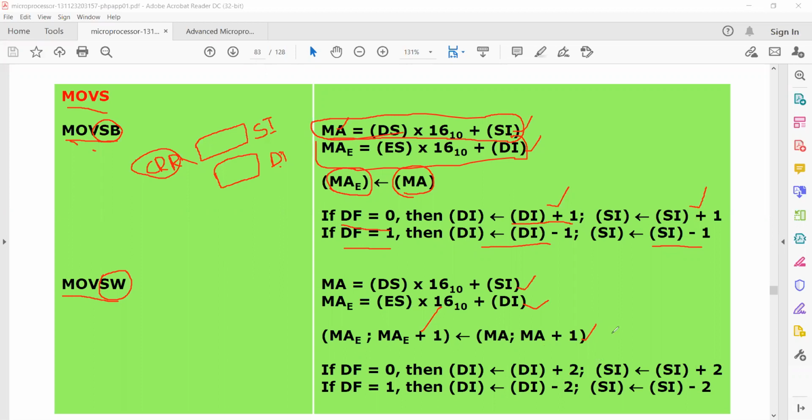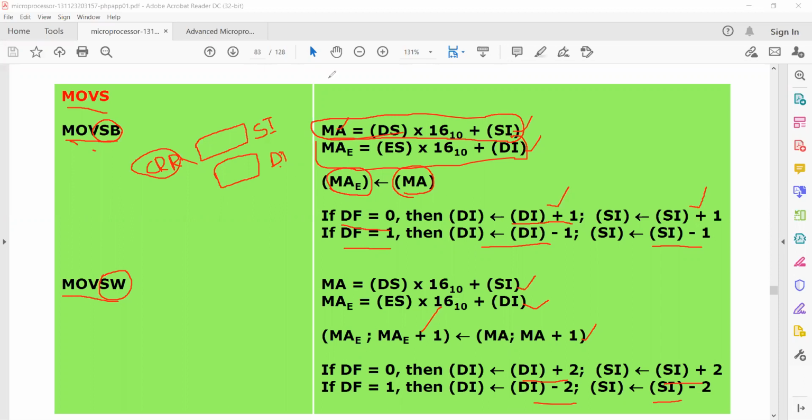The only difference is that the increment is done by 2, because each memory location carries just a single byte. When you are using string byte, the increment or decrement is by 1. When you are using string word, the increment or decrement is by 2. That is the only difference. Hope the point is clear.